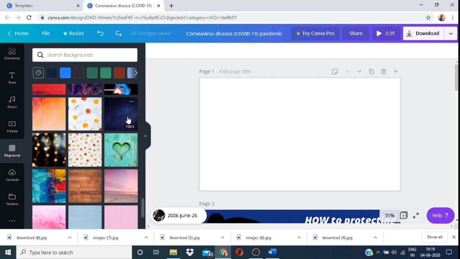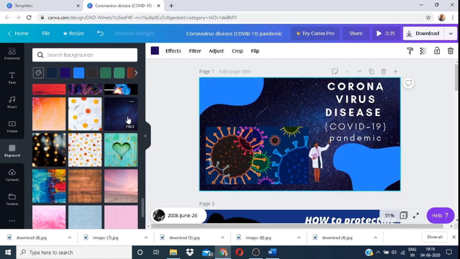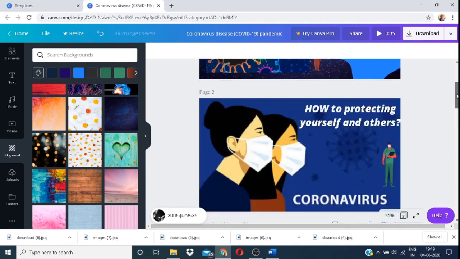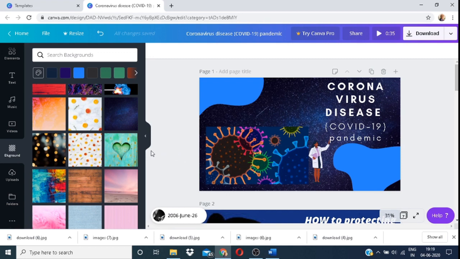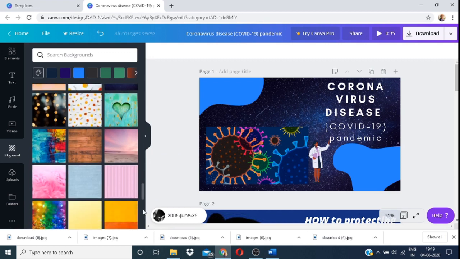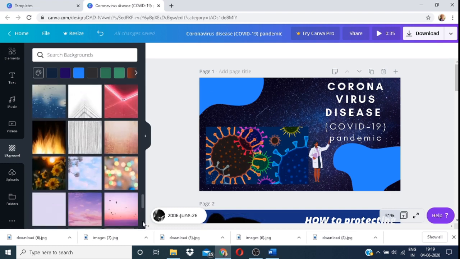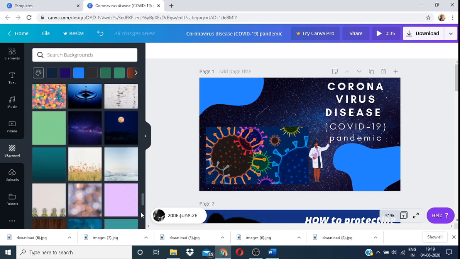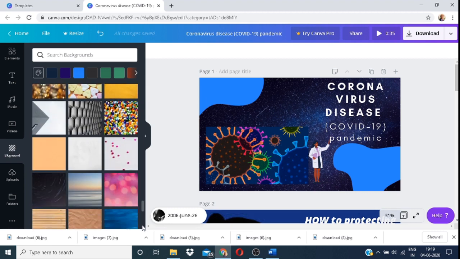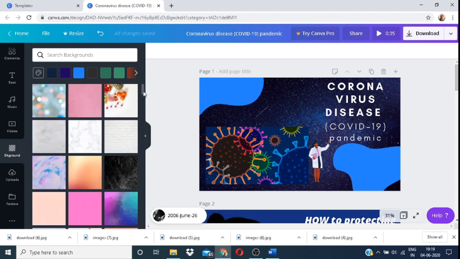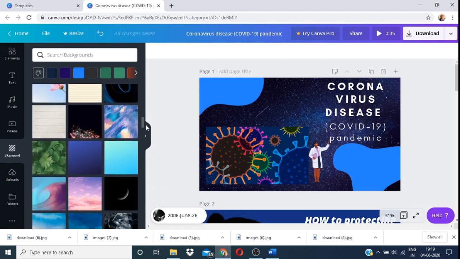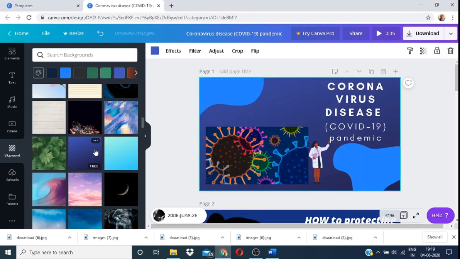You can go for something like this. It will change the end. Let me see if it is getting applied to all the other slides. I'm not sure. No, it just remains for the first one. So you can customize it to different slides. I'll go back to my previous one. Not sure this is the same.